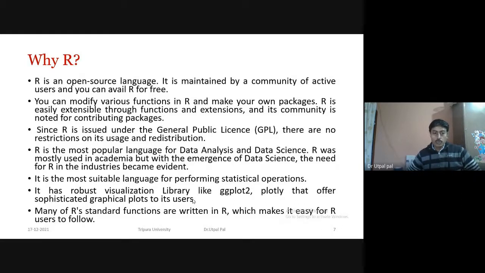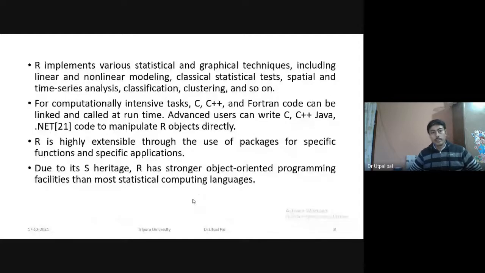It is the most suitable language for performing statistical operations, and it has a robust collection of packages like ggplot, plotly, and many others. R implements various statistical and graphical techniques, including linear and nonlinear modeling, classical statistical tests, spatial and time series analysis, classification, clustering, and so on.